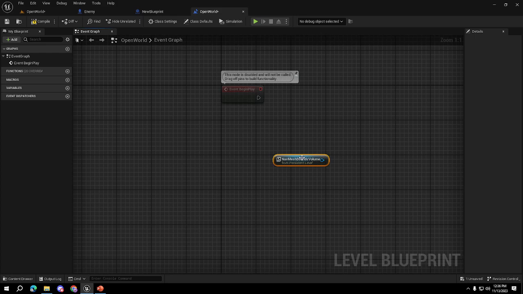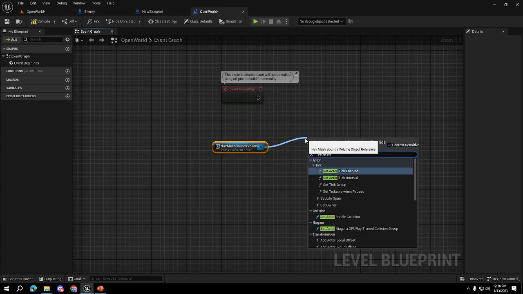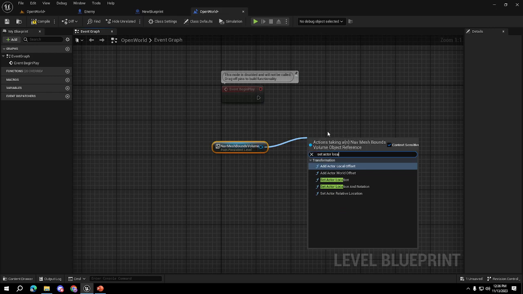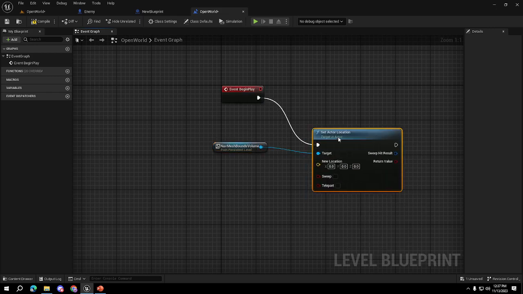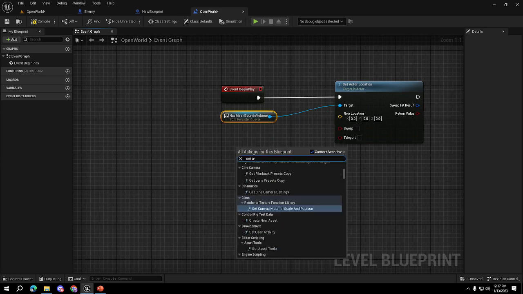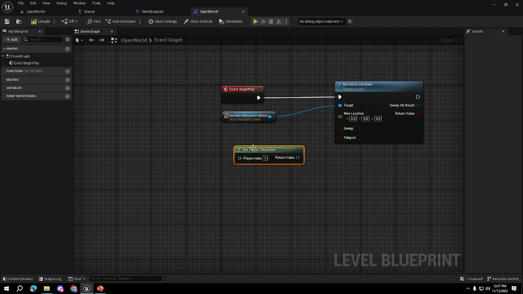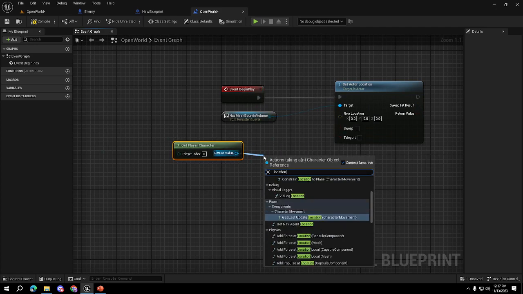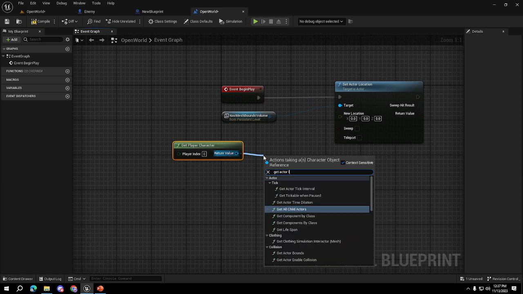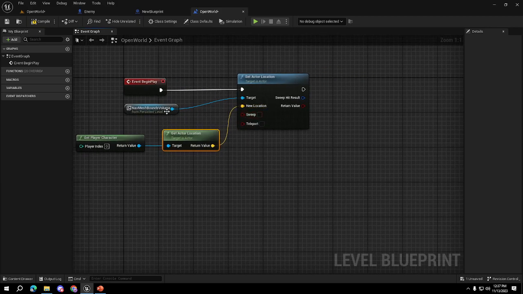Here it is. Let us set the location to the player. To the player's location. Get actor location. And then